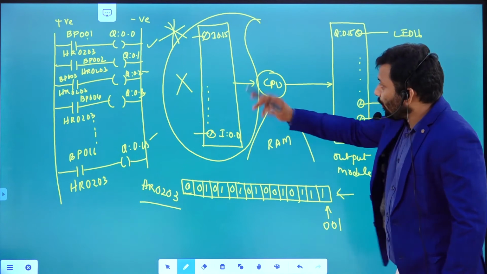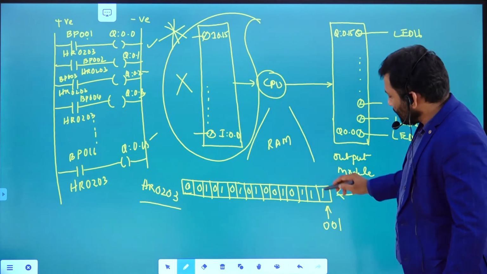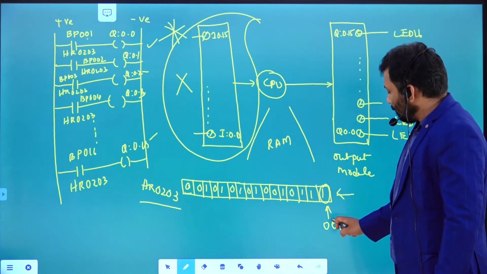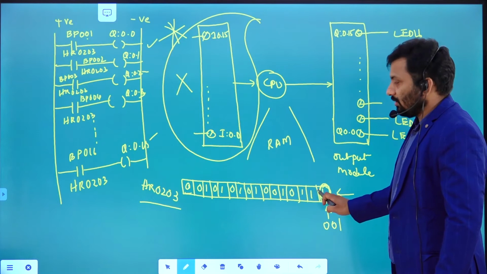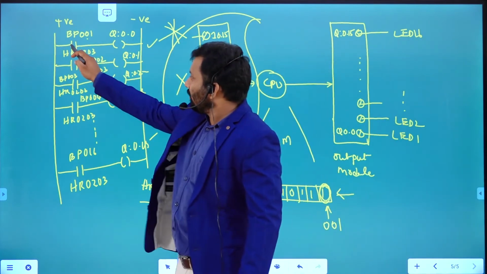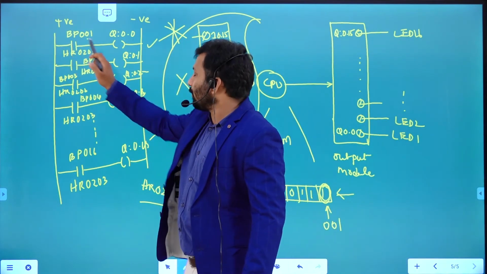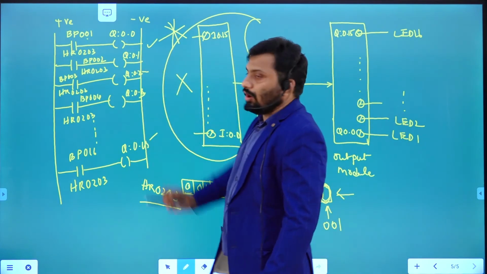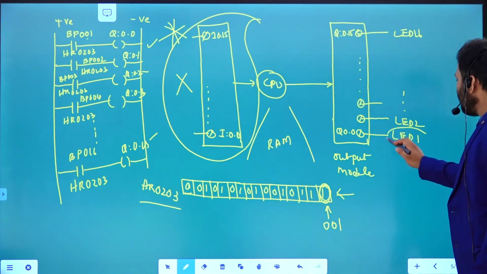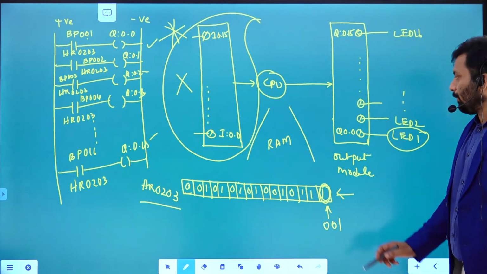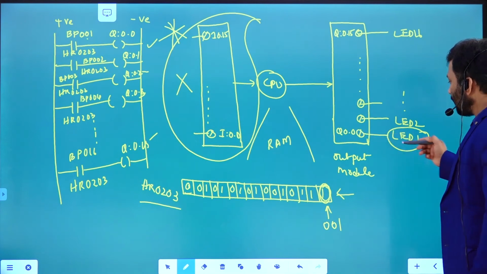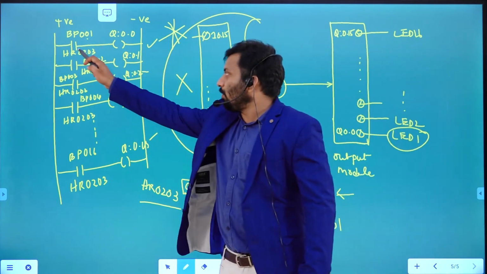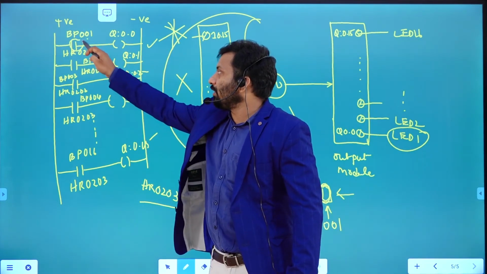So it has to follow whatever data is present in this particular bit position. In this addressed position, the bit is 1. It needs to follow that bit present at that address. If it is 1, then what will happen? The output is going to be high. Output high means this LED is going to glow. Why? Because for this address we connected LED 1. Because 1 is there, it follows that bit, and that is the reason this is going to be activated.